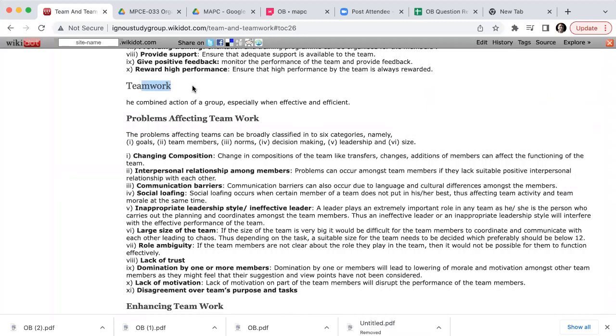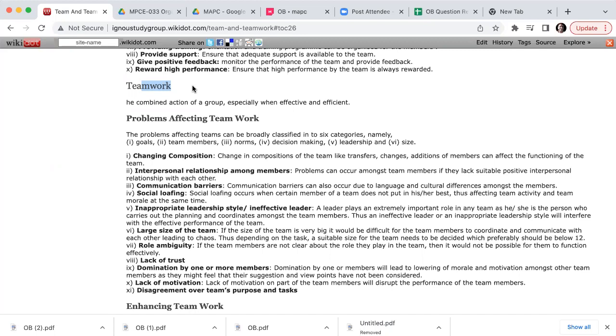It is combined work done by this particular group, right? So it is the actions that this entire group does. That is what teamwork is, right? What could be various problems to doing this effective teamwork? There are around 11 problems that could be there, but if you crunch them, they fall under 6